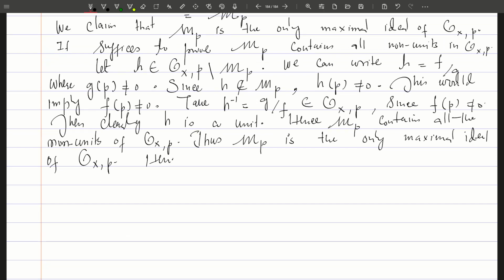Hence, if we look at the quotient O_{X,P} modulo the ideal M_P, then this is isomorphic to K, because M_P being maximal, it is a field. Now the local ring at a point P contains information about the properties of X near P. We will see later that we can determine the tangent space and singularities of X at P from O_{X,P}. So this O_{X,P} encodes information